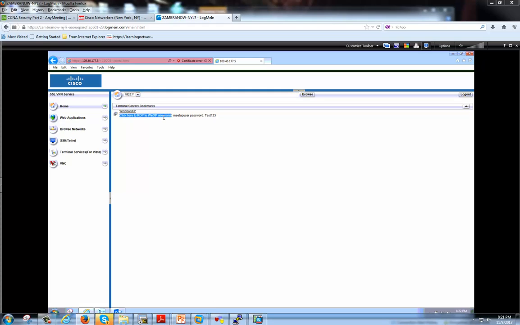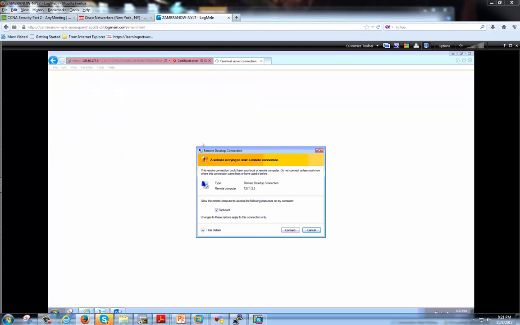But what you guys can do is, if you see that Windows XP box, it says click here to RDP to Windows. Username is Meetup user, password is test123. If you go ahead and click on that guy, and it says you're starting a remote connection, go ahead and hit connect. You guys can tell me about this, but I couldn't get it fully working at this point. What I had to do is click on the top left. It says reconnect with Java client. When I click on that,